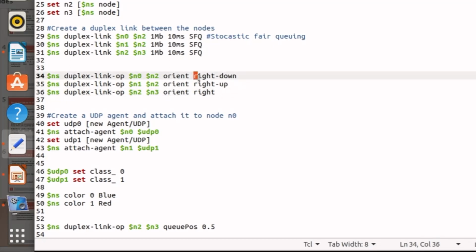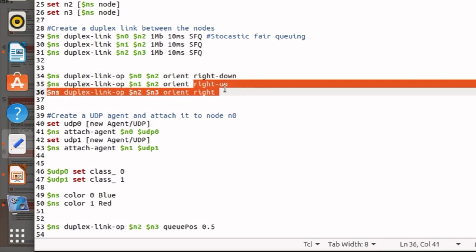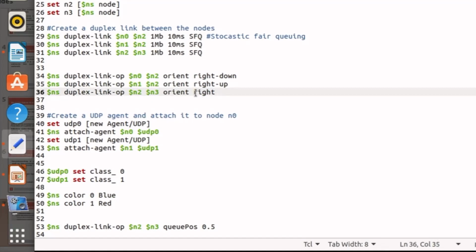Again, these are commands, so you cannot write anything you want in here. You cannot write a capital R or anything else. You just have to follow what is written in the source codes. But as I told you earlier, many things in NS2 you will have to assume.